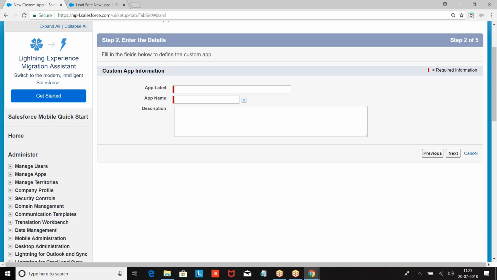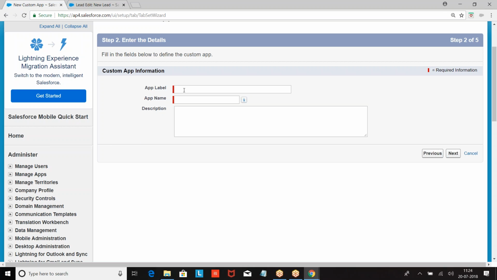We are going to refer to the application with the application name. Programmatically, using a program, if you want to refer to an application, we will refer with the actual name. What is that actual name? Application name. What is label? With what name will this application be displayed on the UI? App label. So app label, app name.